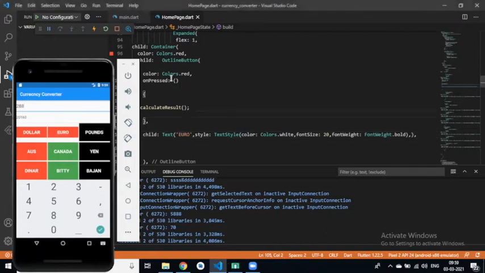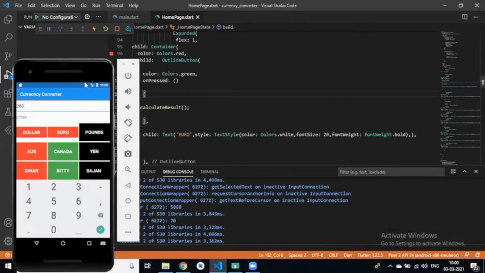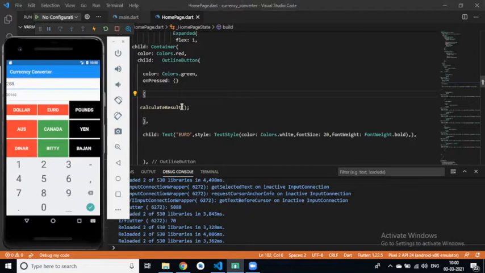Now you have the onPressed method in this euro button. Now I have called the same method, calculate result.